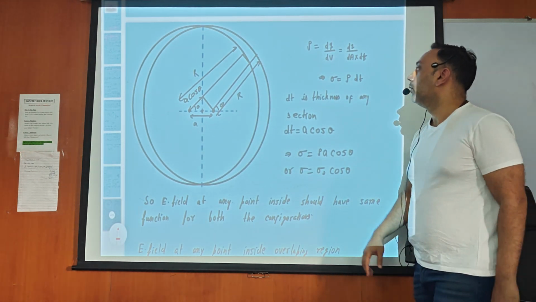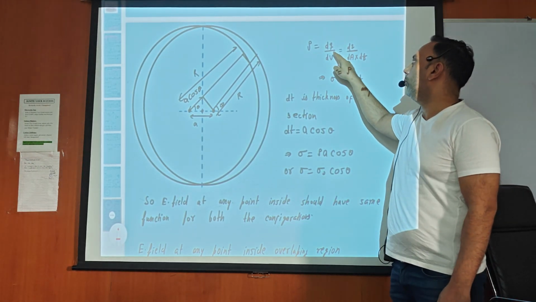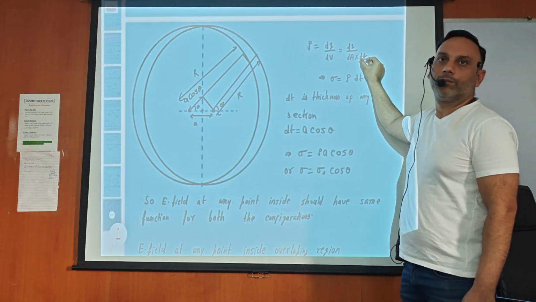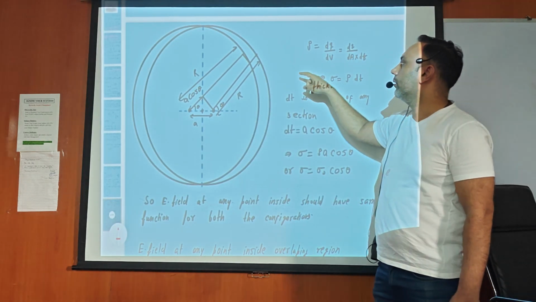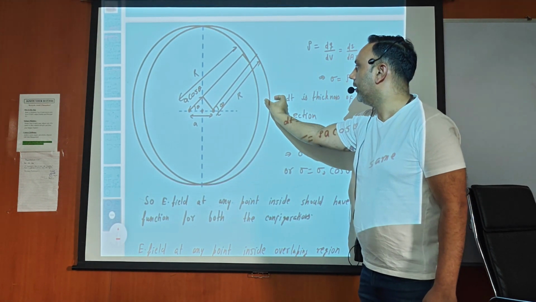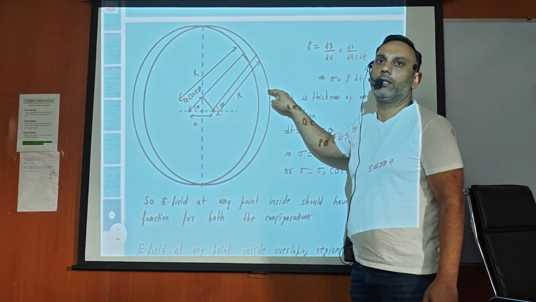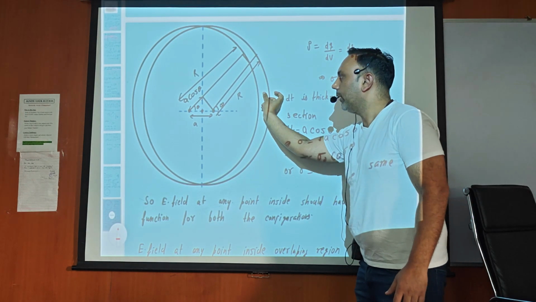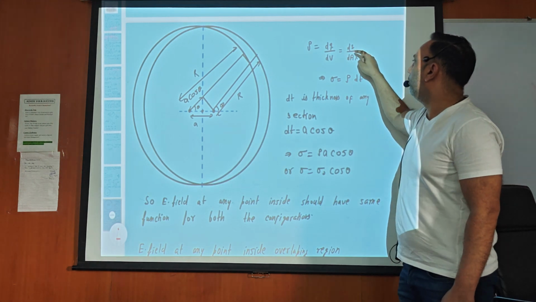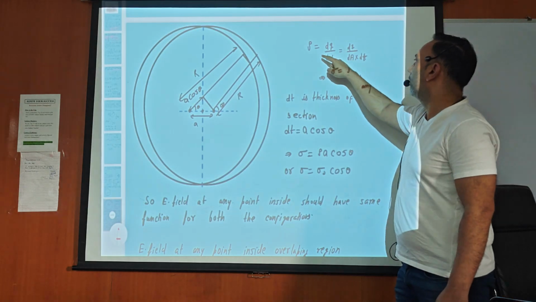See, first of all I can write the charge density as dq by dv. Now dv I can write as any small area into dt. Anywhere I want to write the charge density, I can write dq by dv. For this small element, dq of this section divided by dv of this section, and dv of this section is area multiplied by thickness. Everywhere dq by dA is what we call sigma, so this quantity is sigma. So sigma is rho into dt.